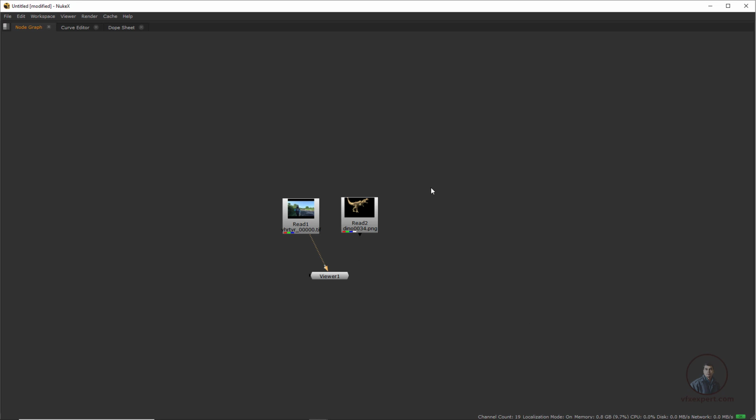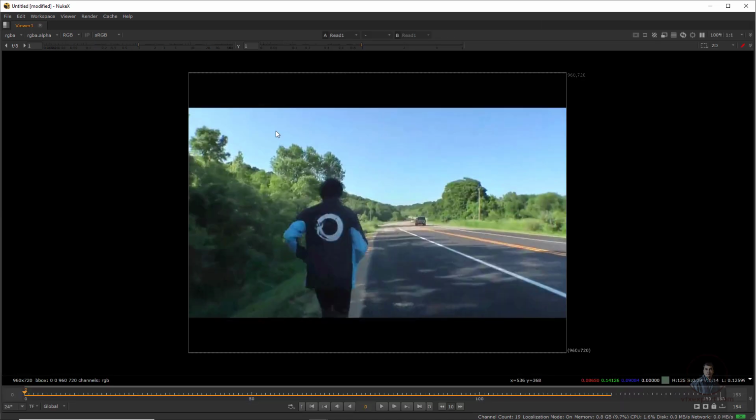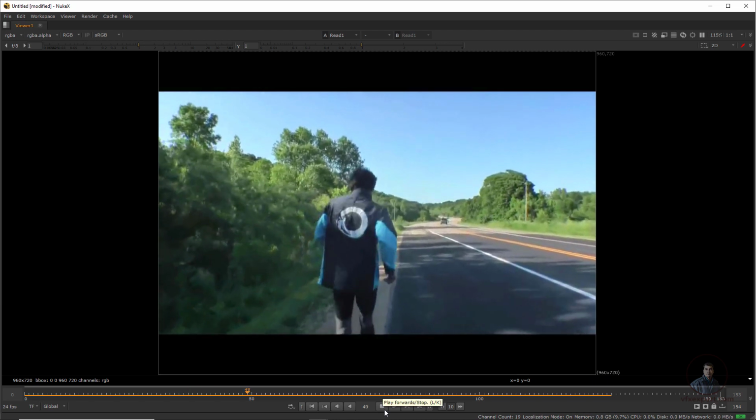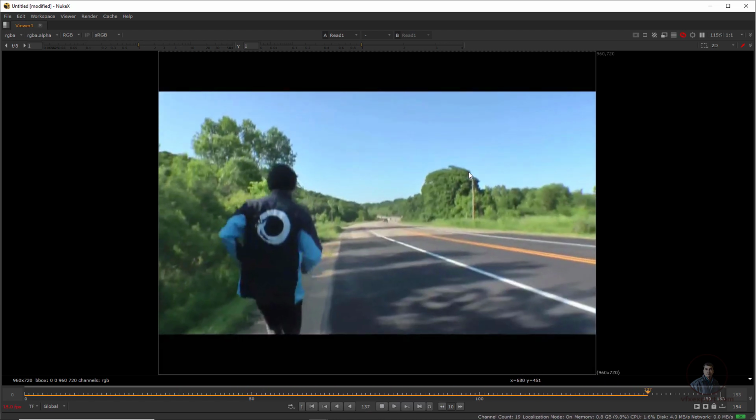Again, if you press spacebar, this will return your node graph to normal. Again, place the pointer on the viewer, then press spacebar, and this will view it in full frame. Now press H, which means home your viewer. Now play and check. Like this, you can view any area or any frame in full frame.